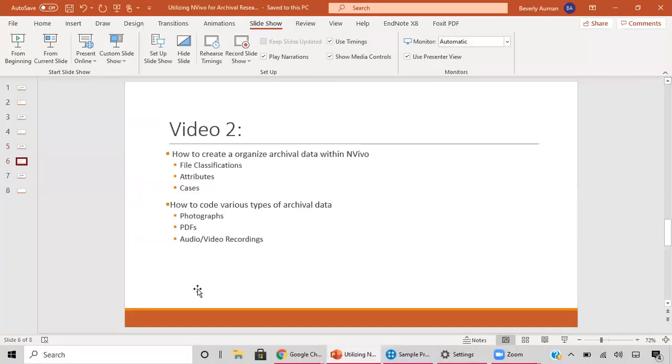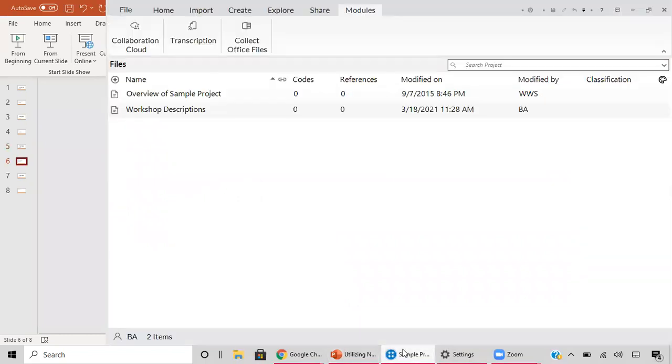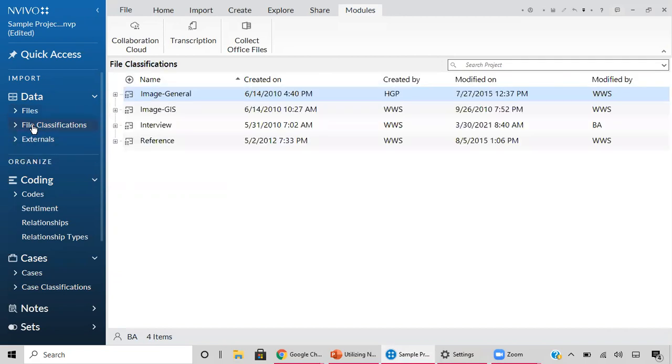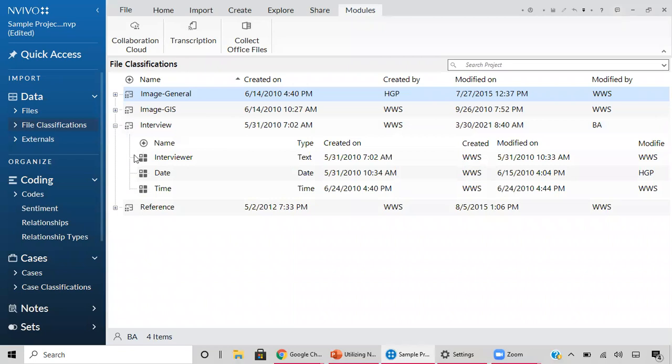classifications. So I'm going to go ahead and open up NVivo. And we're already on our sample project. If we go to the left-hand side of the blue navigation panel, you'll see file classifications as an option. Go ahead and select that. And you'll see that the sample project has already been organized into the file classifications of general images, GIS images, interviews, and references. And if we expand these categories, we can even see